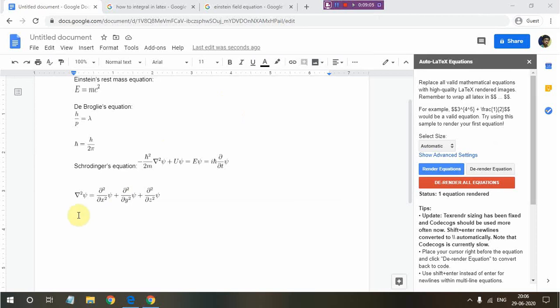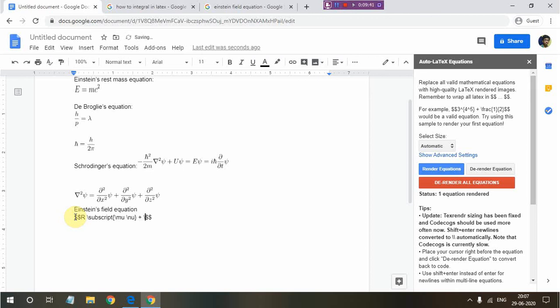So now let's type Einstein's field equations. It's a very complex equation, and obviously you need to know tensor calculus and many other things for that, but here we'll just see how to type, because this will give an idea how to type subscripts and such things also, so that's very important for our purpose today. So that's R, and then you need a subscript, so give a space and write subscript, and then always in curly brackets you write the thing which should be in the subscript. So that's mu nu, right? R mu nu.